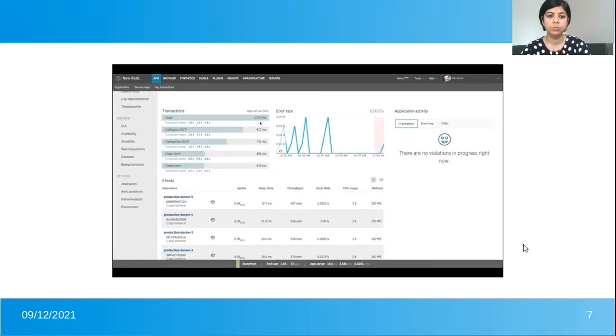Yeah, this is about throughput. Coming down to the dashboard, here we can see transactions. There are various transactions. A few transactions have been shown with the lowest response time, login, category, etc. We can individually open these transactions as well and see the amount of time a login has.